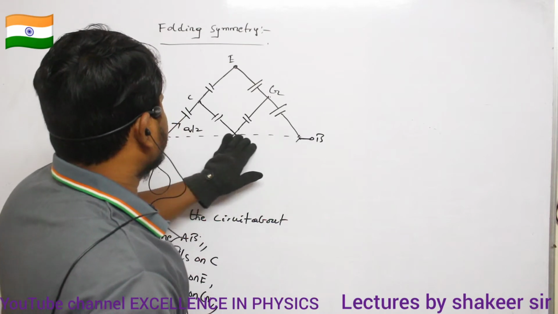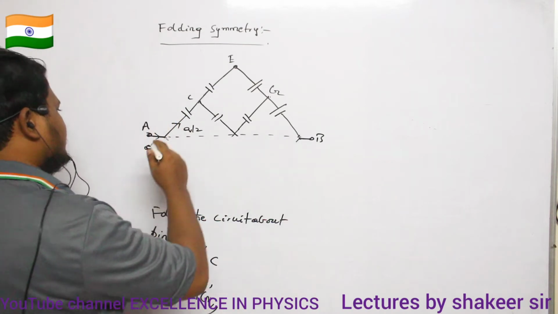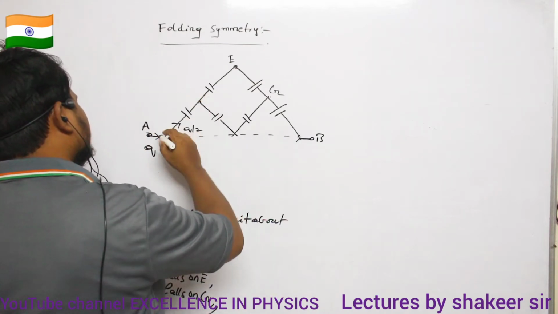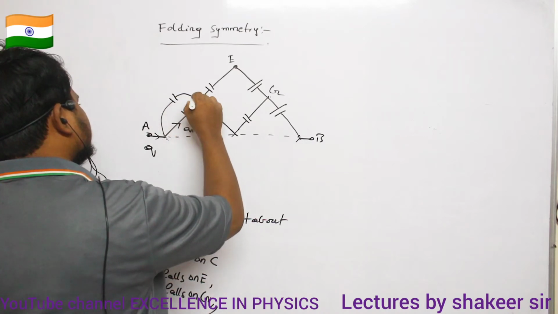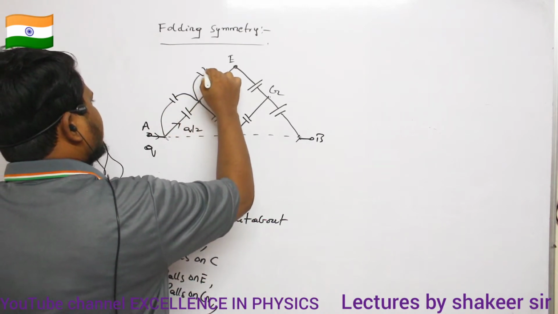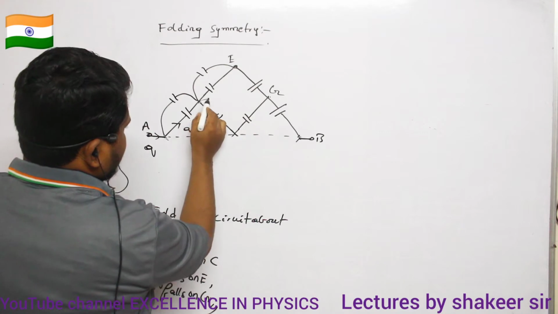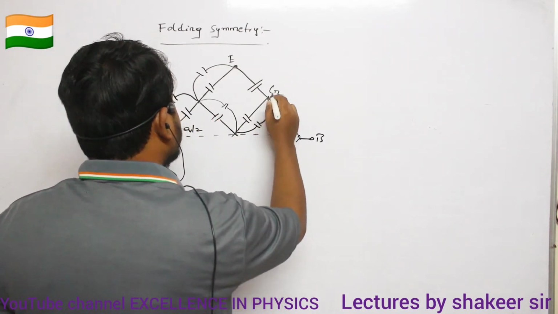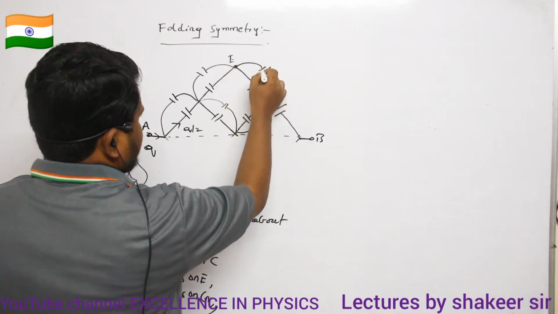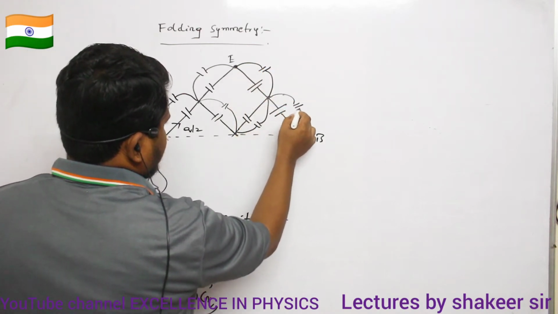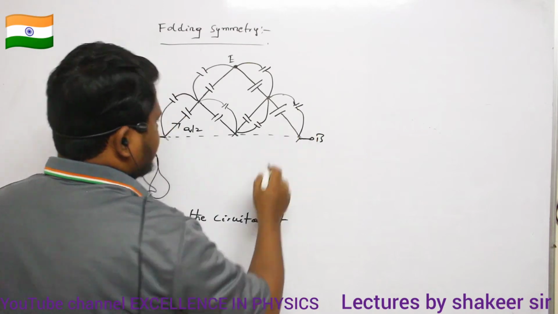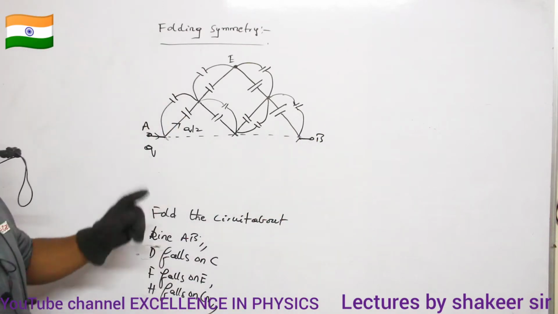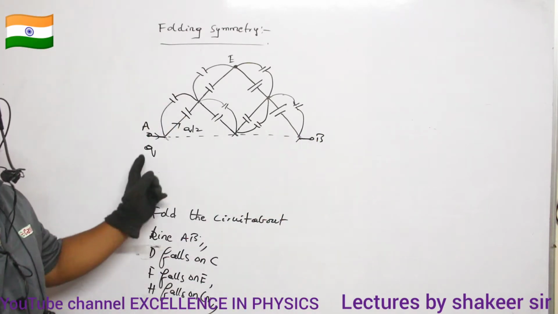And in the process of folding, what I can do, clear, ma? So therefore there is one more capacitor like this, and here there is one more capacitor like this, and here one more, and here also one more capacitor like this. So here there is one more capacitor, and here there is one more capacitor. Can I draw the circuit like this? I can draw the circuit like this, no? Are you able to understand?